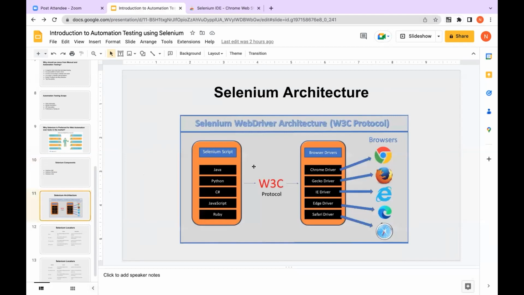Okay, now we will see the architecture. Selenium architecture. So this is the architecture, guys. Previously, we had imported one script from Selenium IDE, right? That script, think of that as the actual Selenium script. We develop it using Java, Python, C#, JavaScript, or Ruby. Okay, that's a Selenium script. And once we run this script,